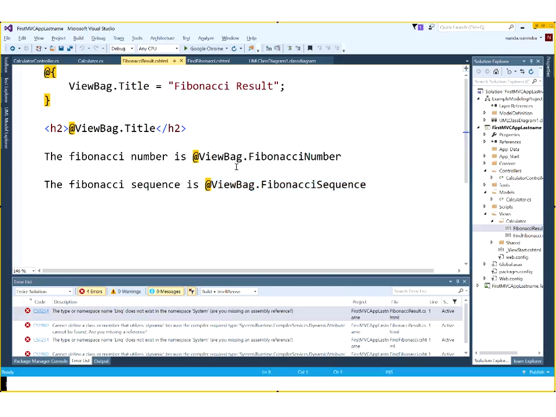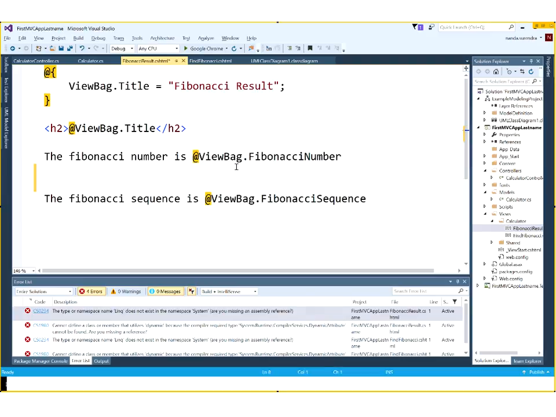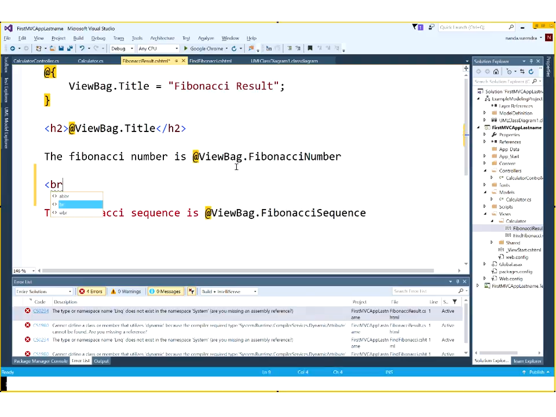So I'll just use a break here so that these two don't show up on the same line. So the question is, what do I do to